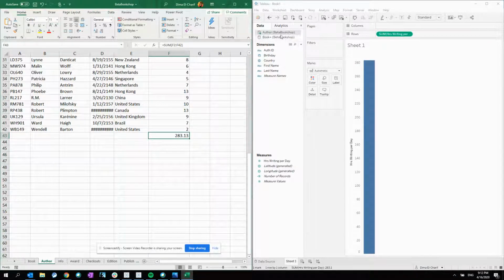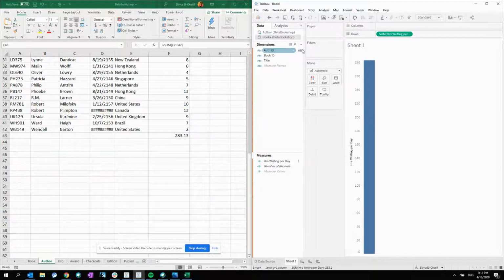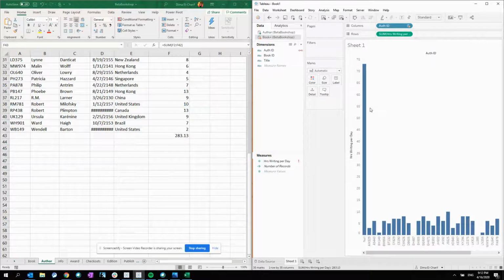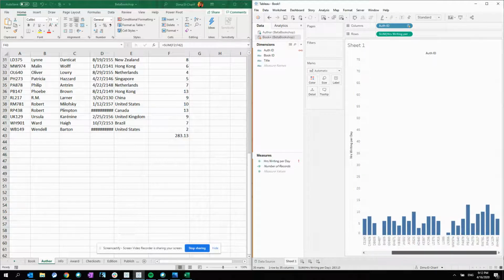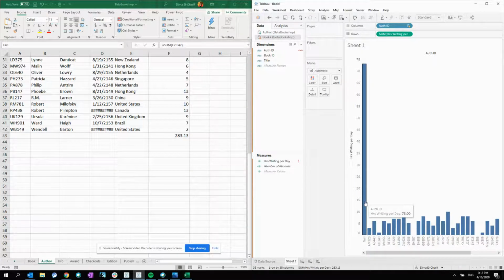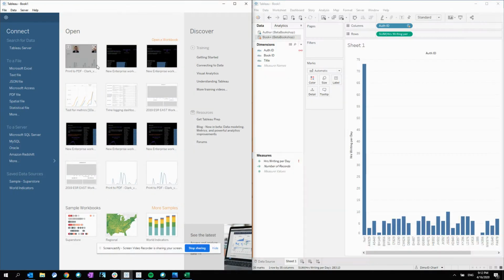If I wanted to relate both of these things together based on author ID like I was doing before, what I need to do is create a blend by clicking on this paperclip here and use the author ID as a linking field. And now this information is not going to change the granularity of the data. The total hours are still going to be 283.1, but there will be null values for the ones that have a book ID but don't necessarily have a matching author ID, so it's not being redundant, right? Now let's take a look at this model, but using essentially the new version of